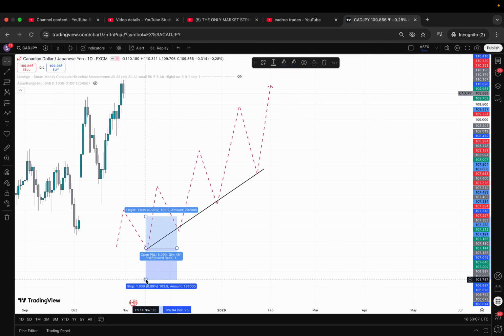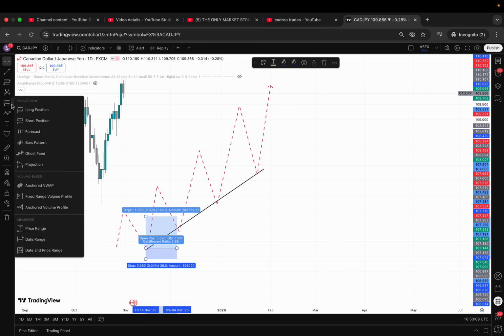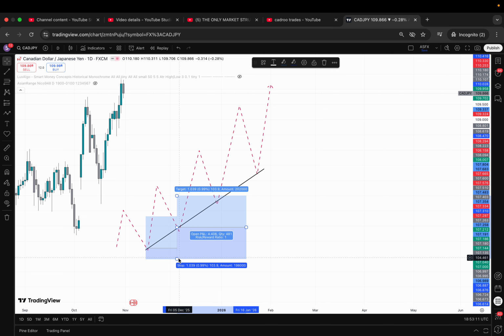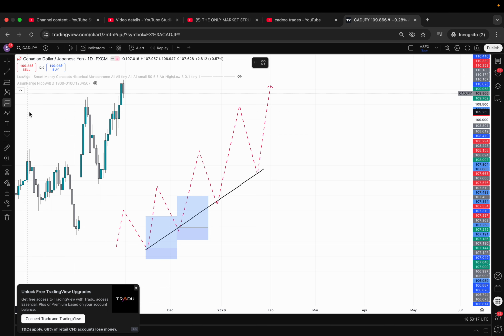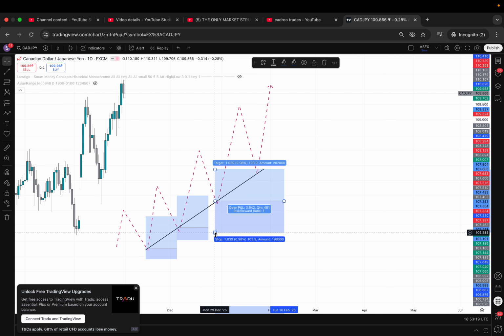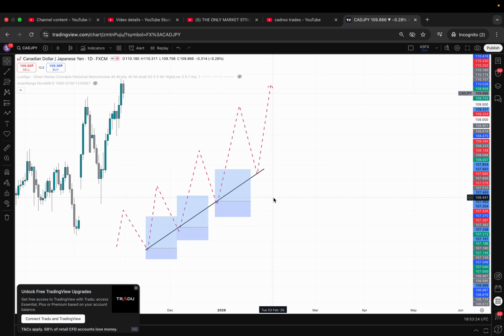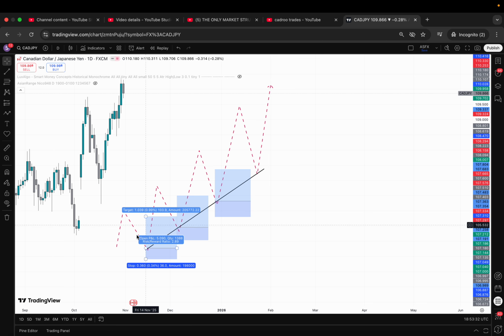Their stop loss will be below the trend line here, and then they'll enter again here. Stop loss will be below the trend line here. They'll enter a trade again here. Stop loss will be below the trend line here. So basically, they're drawing this trend line and entering a trade whenever the price touches the trend line or breaks the trend line, because they believe price is respecting it. Since price has respected it once, twice, 3 times, 4 times, price is always going to keep respecting it, and